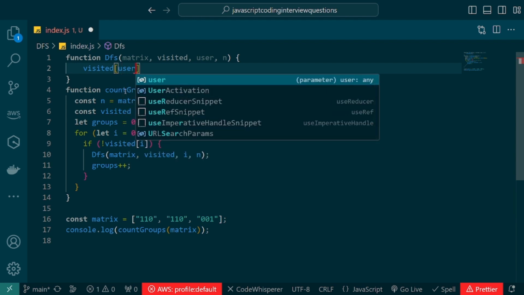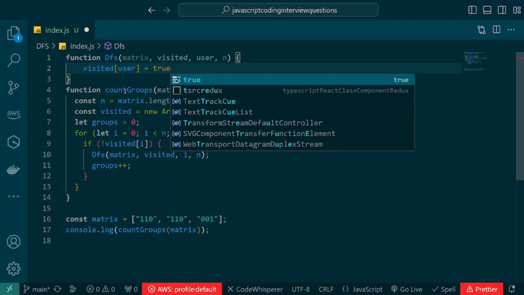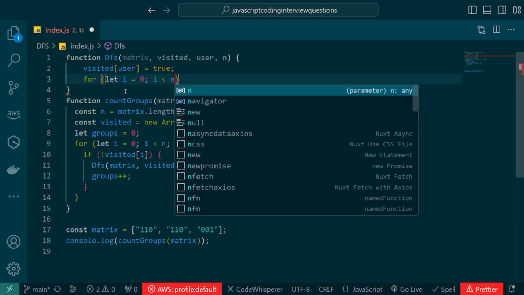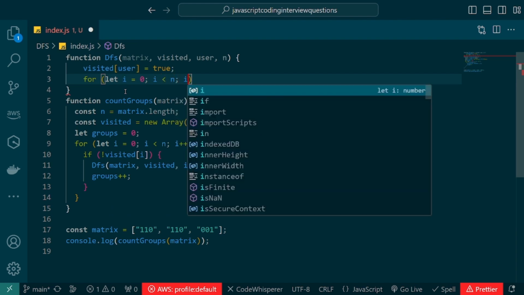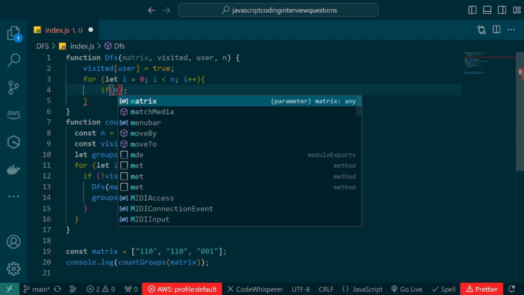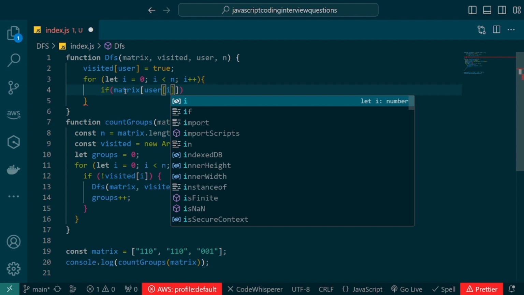What I'm going to do here is check whether it is true or not. I'm going to make this one true initially. So once I make it true, let i equal to 0, i less than n, and i plus plus. Once I'm getting this value, if matrix of user of i, matrix user of i